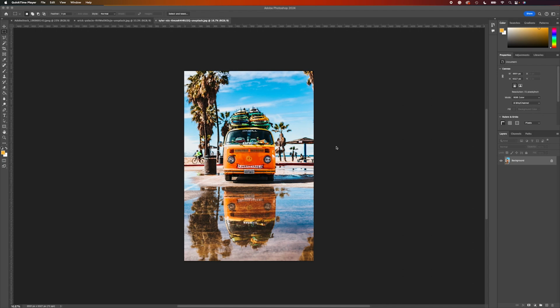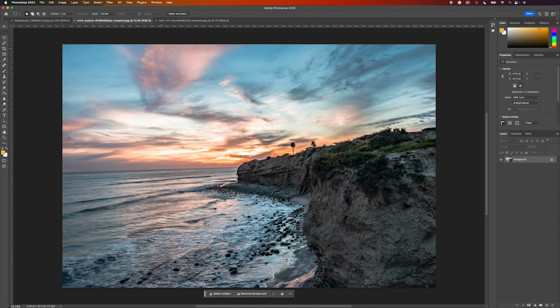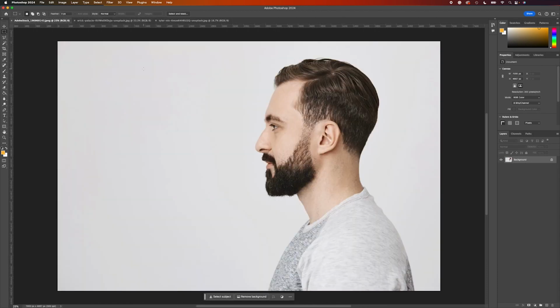Welcome everyone. Today we're going to talk about building a double exposure image. And you're going to see on my screen, I already have my images chosen. So I'm going to use this cool van. I'm going to use a nice beach background. And I'm going to use a profile picture. Now in this project, I expect you to use your own picture, but for video purposes, I got this one